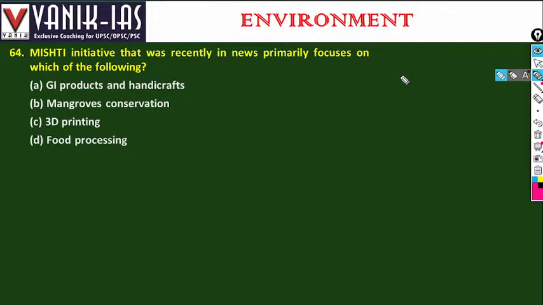MIST initiative, see, whenever you see these capital letters, generally link which of the options is right. So M from mangrove, so it is MIST. There is no F, so it is not related to food. So MIST full form is Mangrove Initiative